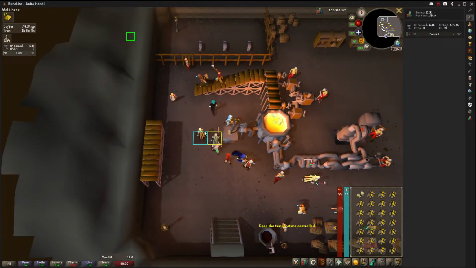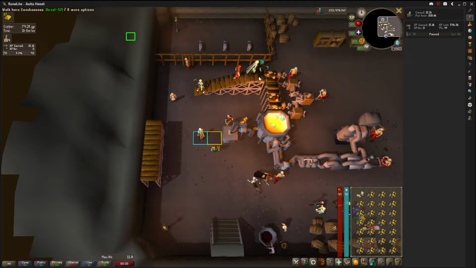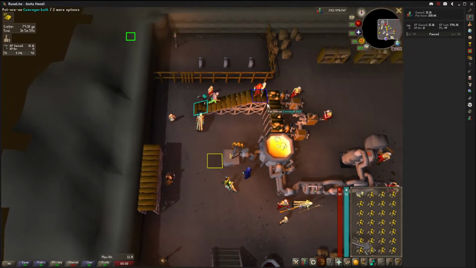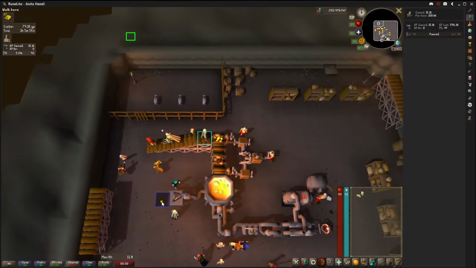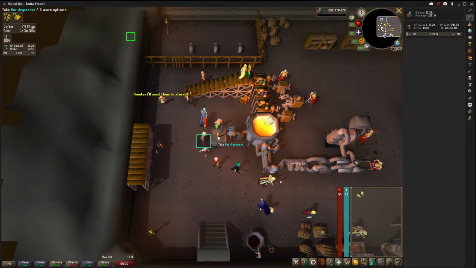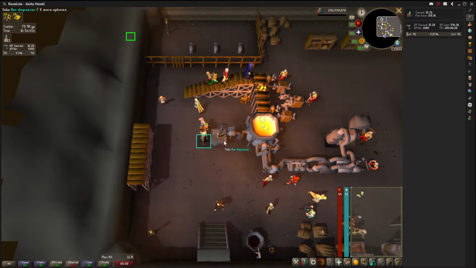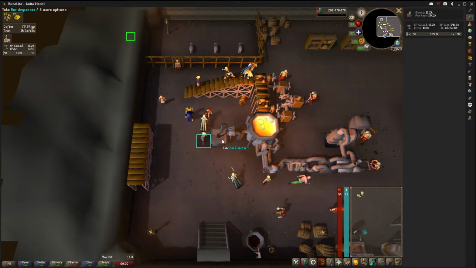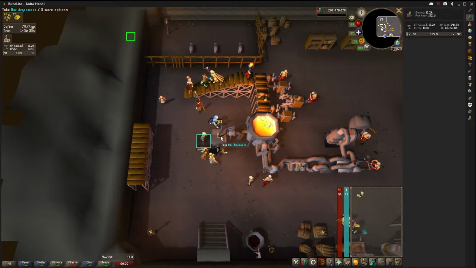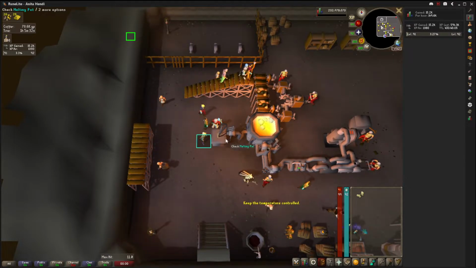So I have my true tile indicator because in the first part of this method, you have to be quick. When you click on the conveyor belt, as soon as your character reaches this tile, spam click on the tile next to the bar dispenser in order to get to the bar dispenser as quickly as possible. As you can see, the first XP drop came. It was only for 1 single gold ore, but if you're late to the bar dispenser, it will also incur you 1 to 2 ticks